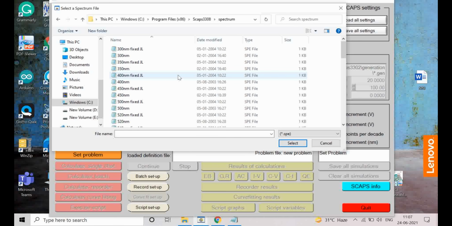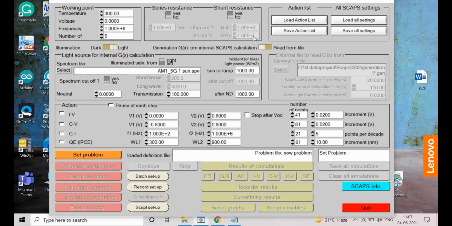Those sorts of different applications I will be dealing with. I will show you those experiments in coming videos. Here I just want to show you what spectrums are available. Or if you have your own spectrum, then you can take an external spectrum from your own reading. Say you want an NIR spectrum, you want to measure a particular range not in the visible range. So those things are there.